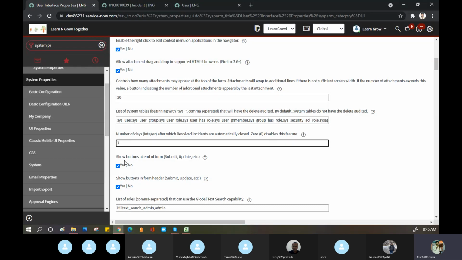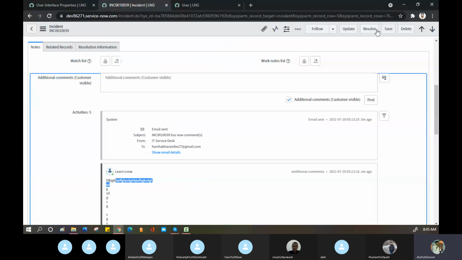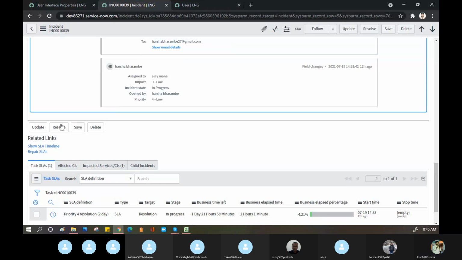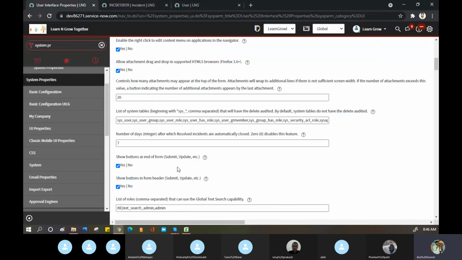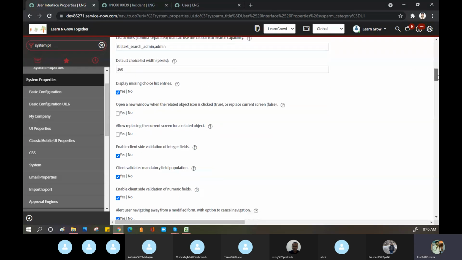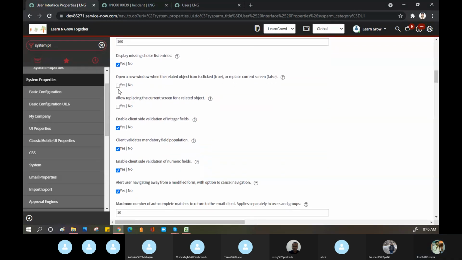Show form button at the end of the form and at the header means these buttons are on the top or on the bottom as well. You can make the changes and then check it. There are multiple things you can see here, like enable client-side validation for integer field, mandatory field, numeric field.